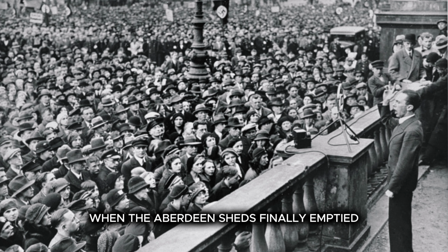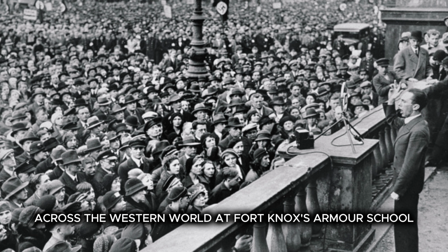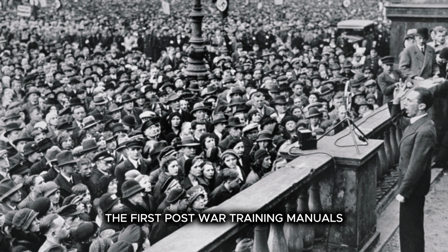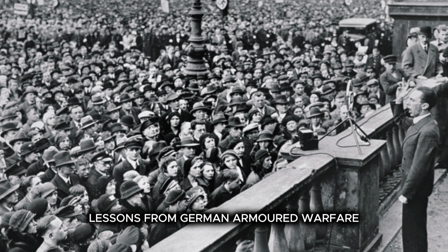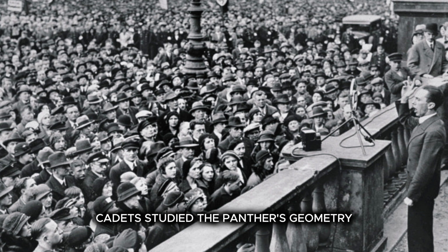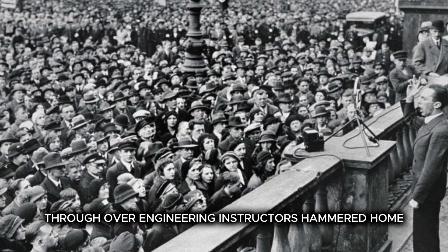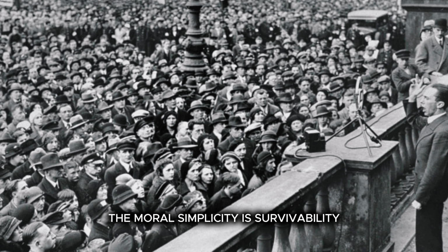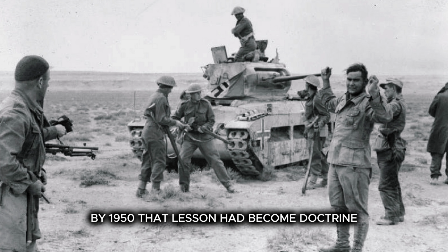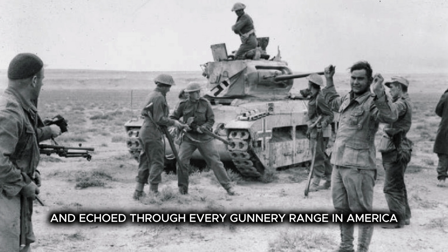When the Aberdeen sheds finally emptied, their impact continued in classrooms and command posts across the Western world. At Fort Knox's Armor School, the first post-war training manuals opened with a chapter titled "Lessons from German Armored Warfare." Cadets studied the Panther's geometry, its torsion bar stability, and its downfall through over-engineering. Instructors hammered home the moral, "Simplicity is survivability." By 1950, that lesson had become doctrine embedded in Armor School Manual TRA 24 and echoed through every gunnery range